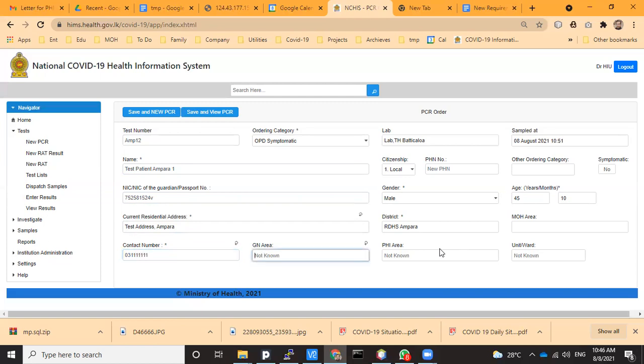If you are aware of the GN area, you can enter it. But if you are not aware, just leave it, because then this will be alerted to RDHS Ampara. Then RDHS Ampara will go through the address and allocate to the relevant MOH.